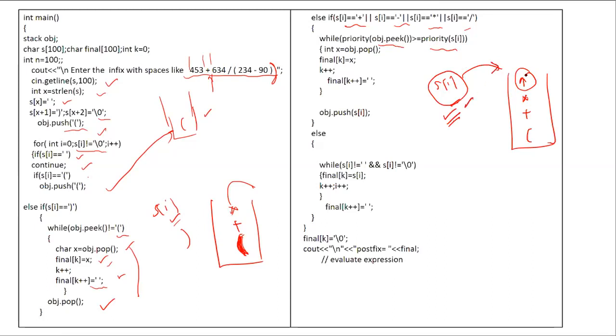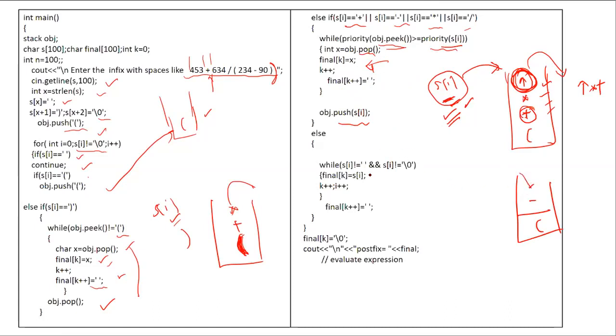if the priority of this inserted operator is less than the priority of the object already residing in the stack, then continuously pop out these operators from the stack. The exponent will be popped out and added to the final expression, multiply will be popped out and added to the final expression. Even plus, since minus and plus both have the same priority, will also be popped out from the stack, and the final content of the stack will be this minus symbol. That means keep on popping out the elements if the priority at the peak is greater than that of the SI object, and keep on adding them to the final expression. And at last, push that minus symbol back into the stack.